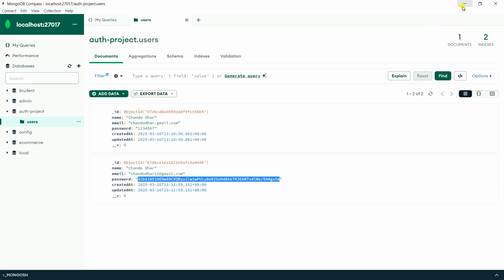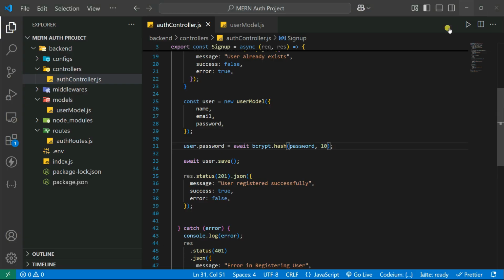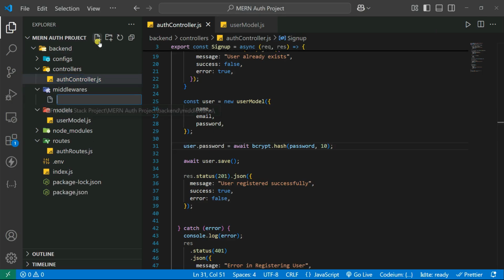But it also has one problem: the email, name, and password are not validated. So what we can do is create a middleware and pass it inside our auth routes, so that we can also build validation on our server side. Let's create a file called auth